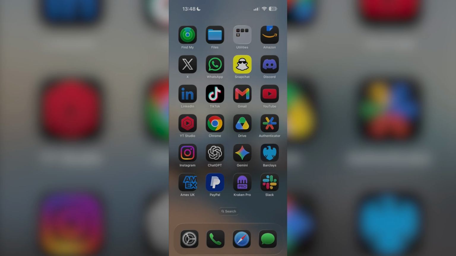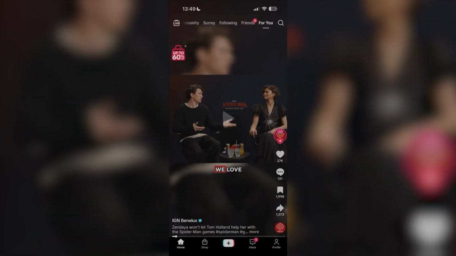But anyways, getting into it, it's actually super simple to do this, and you can do it on anything you're using TikTok on, whether you're on iPhone, Android, Samsung, or anything like that. So all you want to do is open up TikTok, and then you're going to see your For You page right here. And you can scroll through, find whatever you want. Let's say you want to repost so that your followers or your friends can